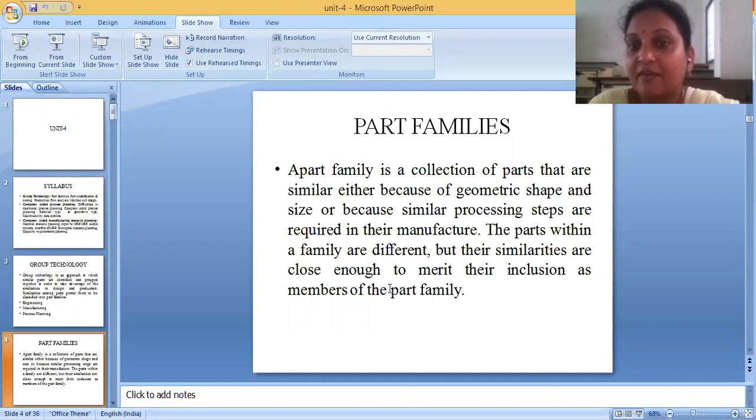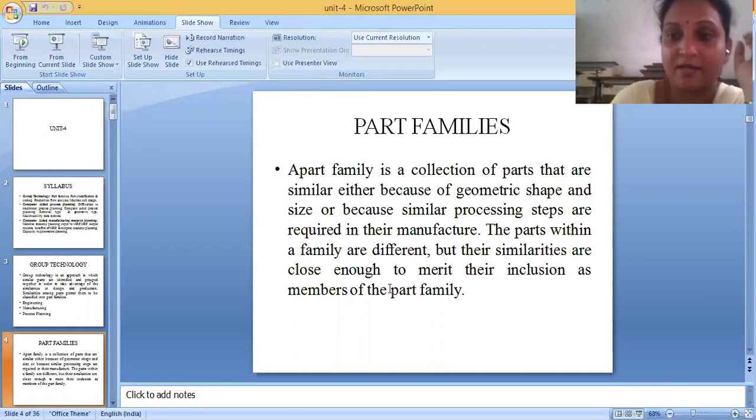The parts within a family are different, but the similarities are close enough to merit their inclusion as members of the part family. For example, if you have cylindrical components, we make all of them one family. We make all square parts one family, all rectangular parts one family.